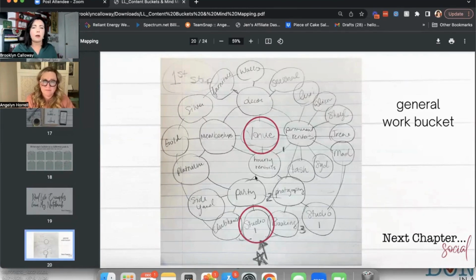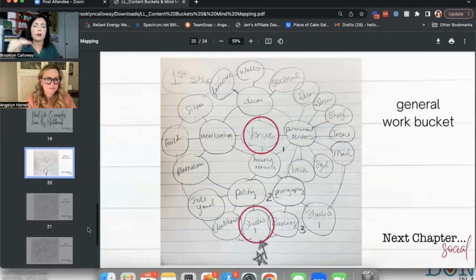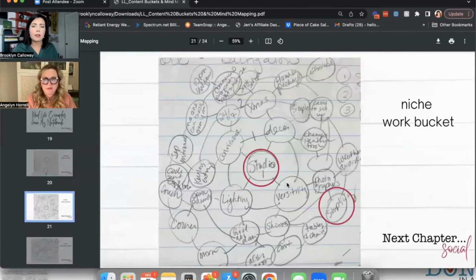So I own a venue and I went out, there's my first level, second, and then it kind of got hairy from there. But either way, it's far removed from the center bubble. Basically, Studio One is where all the photography happens. And right now being the holiday season, that room is on fire with reservations. So that's the topic that I chose to explode and do another mind map just about Studio One. So when you do this, you can really go down on the topics. I think it's helpful just to see your brainstorming process for sure.